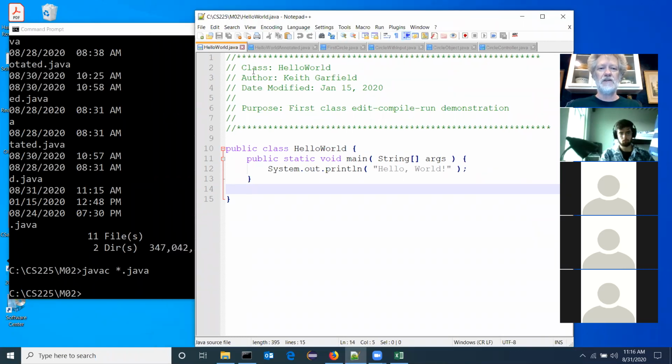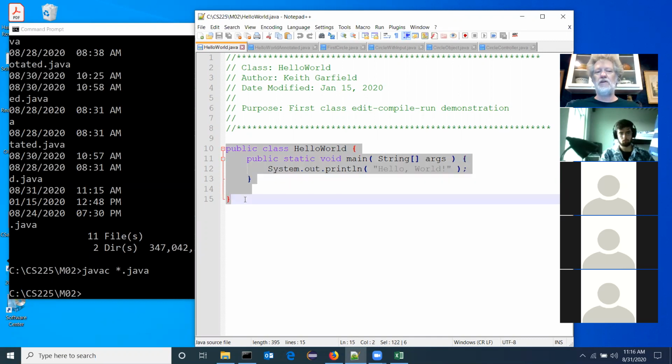So Hello World, how does this look? Hello World is the canonical first program that you write when you're in beginning programming, but also don't forget, it's also a great program to write